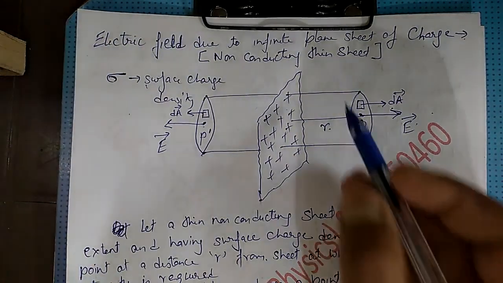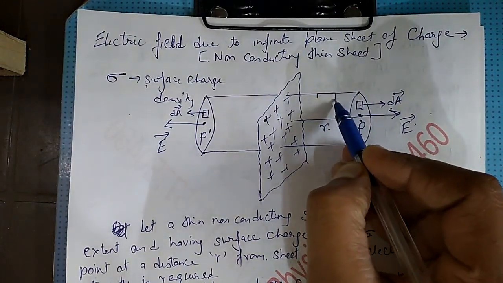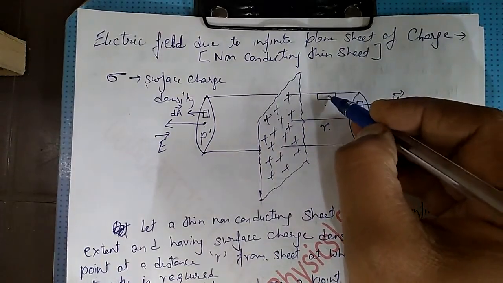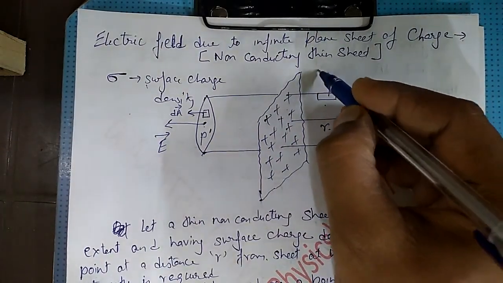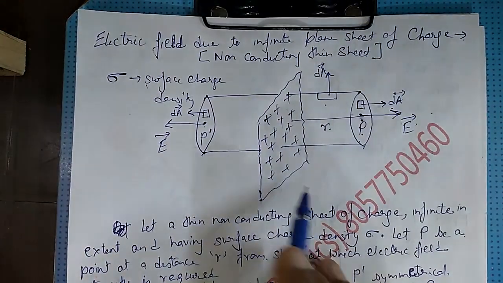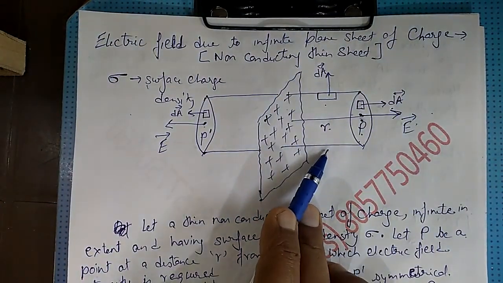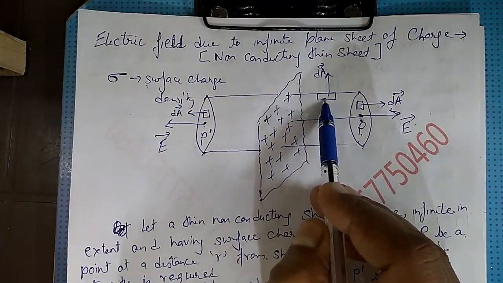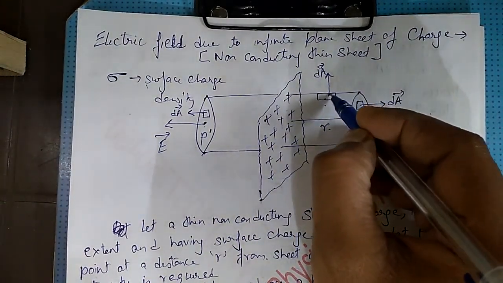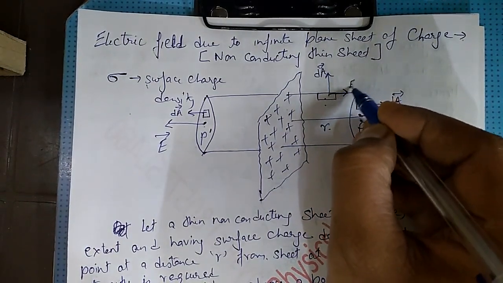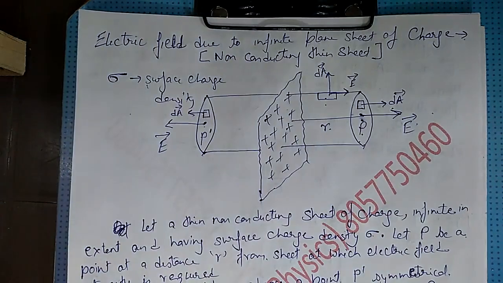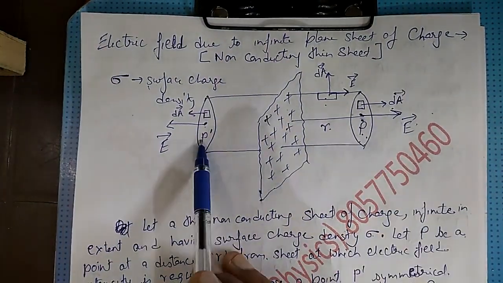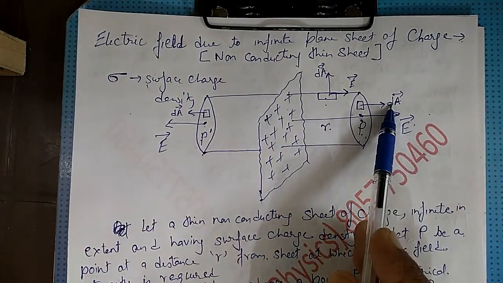What if we take area on the curved surface like this? If we take small area dA on the curved surface, then the area vector dA would be in upward direction. And if you draw the same area here, the area vector would be downwards. Now, here at this particular point on the curved surface, the direction of electric field is towards right, but area vector is upwards. So from this we can say that for plane ends, E and dA, they are parallel to